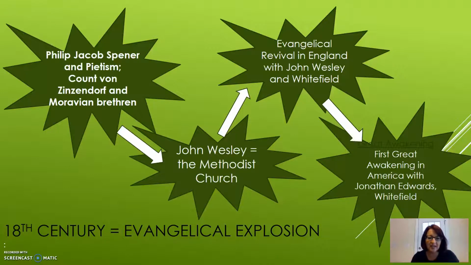And so a lot of the things that he does in his life comes from this experience that he had with the Moravian Brethren. But he himself forms his own church, which becomes the Methodist Church. And the idea is that there were methods. He wanted to have a set of practices or methods that help you grow as a Christian. So he was very much into transformation and the fact that faith should make a difference in the way that you live your life. And this is a huge and important idea that influenced many other things in Christian history.